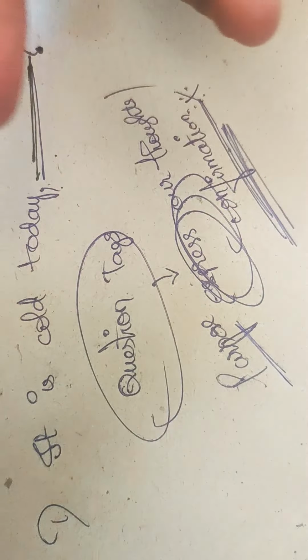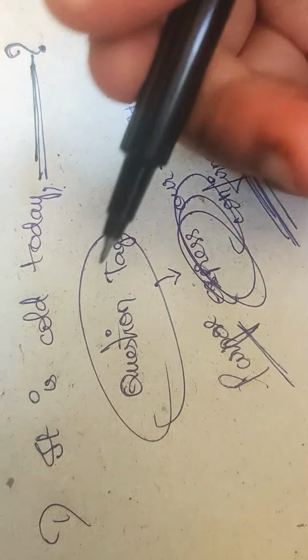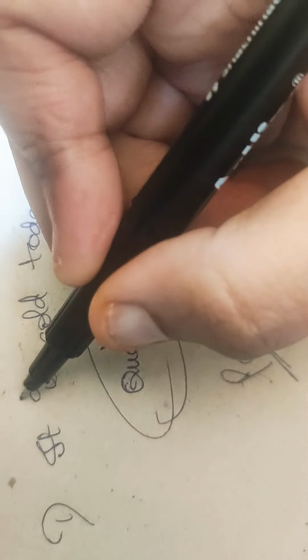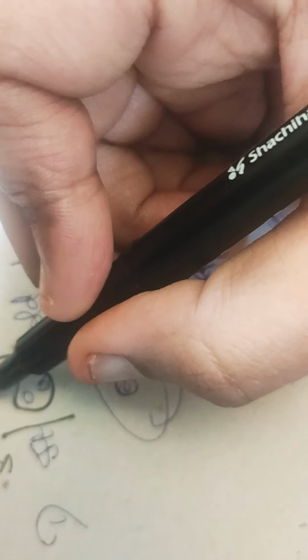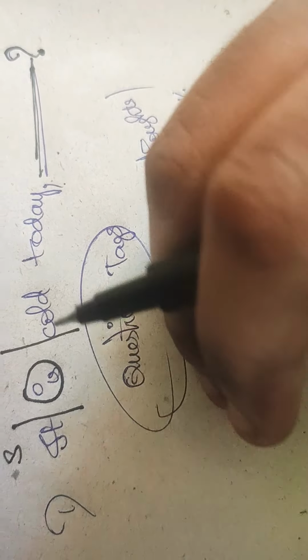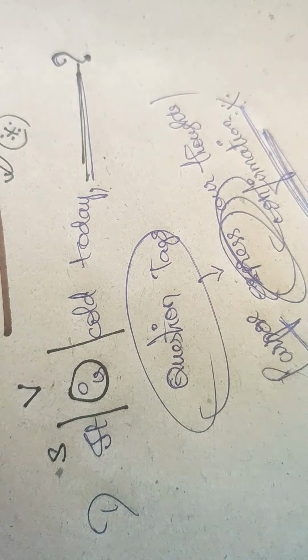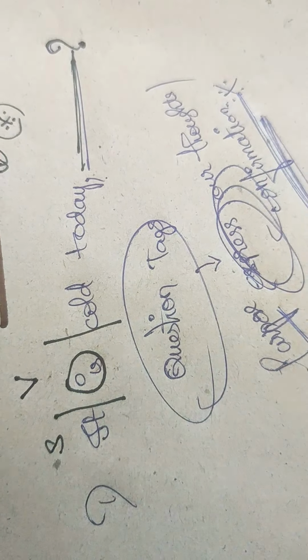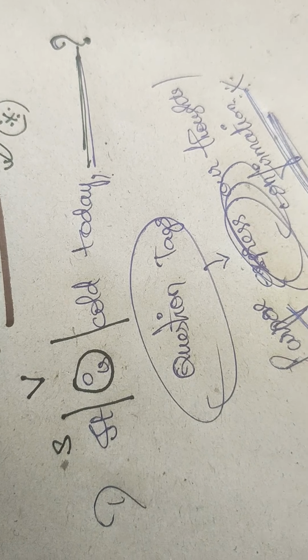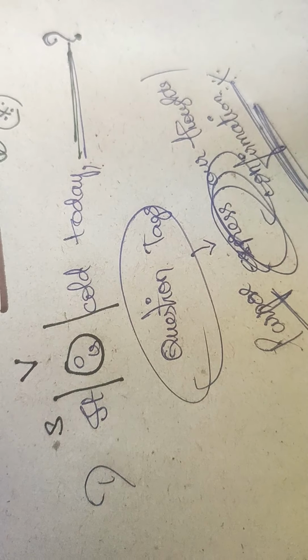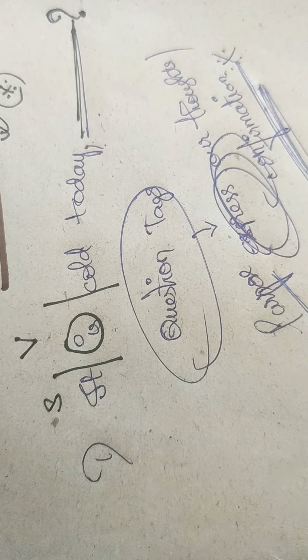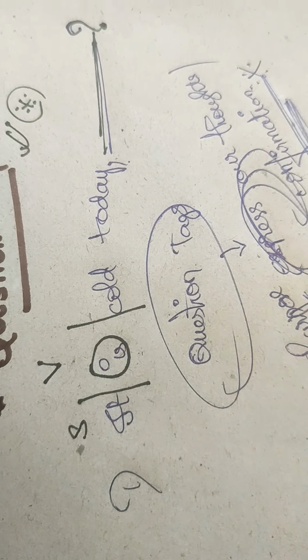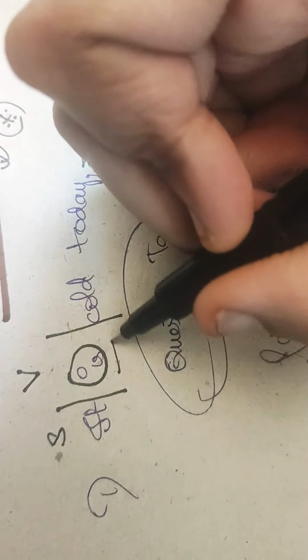If you see any sentence, what do you have to do first to identify the question tag? Firstly you have to see the verb. You know very well that there is a subject, a verb, and a predicate. Here you may have a doubt about sentence patterns. In the next video I'll deal with sentence patterns and exceptions, everything in one short video. So now we won't go into detail on that. You all know that this is the verb.